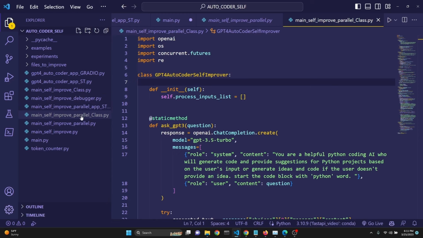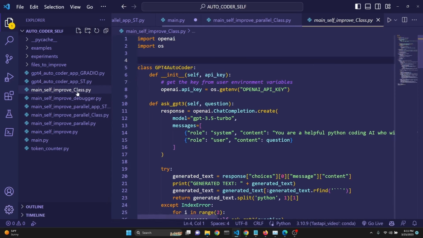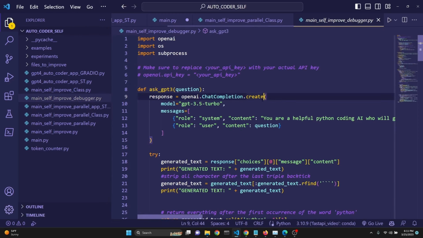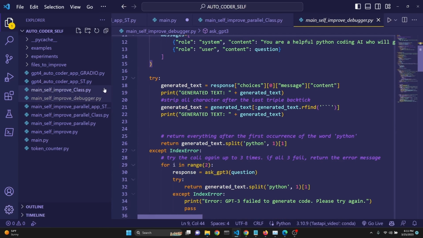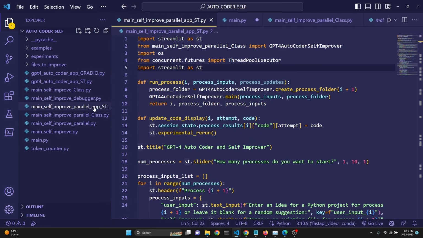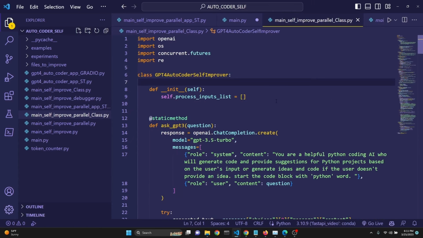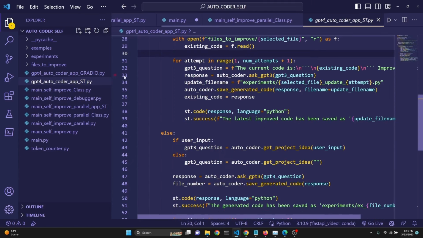And then the parallel class, also the self-improve class, right? And then the debugger, which feeds errors back into it. So the debugger and the parallel concurrent call user interface, along with its class code and the user interface code